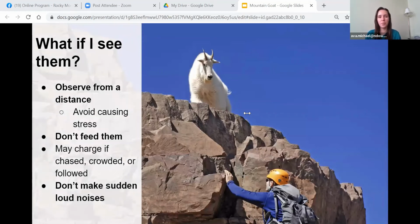You don't want to approach them. You want to avoid causing them any stress because you do not know what their reaction might be. They have killed a couple people recently, and it is believed that is because they have moved into these areas that do not have these salt licks. So they are moving into these recreational areas where there are more people and there are more chances of them